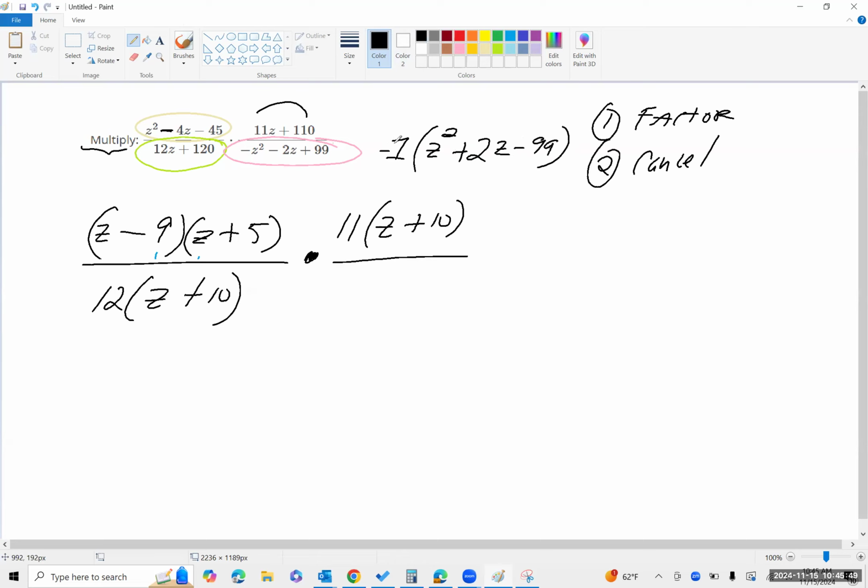So I'm factoring out the minus 1. If I were to multiply this back in, I should get the original. It looks right. And I'll put the minus 1 over here. And I'm going to see if I can factor